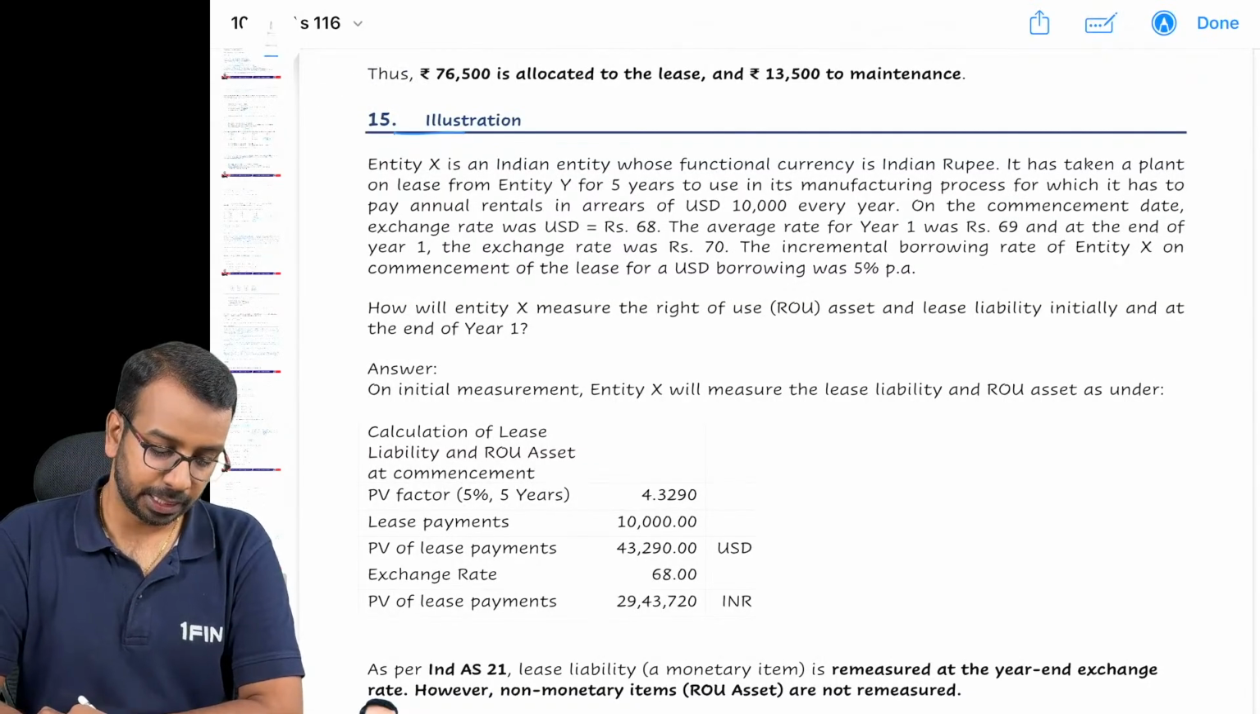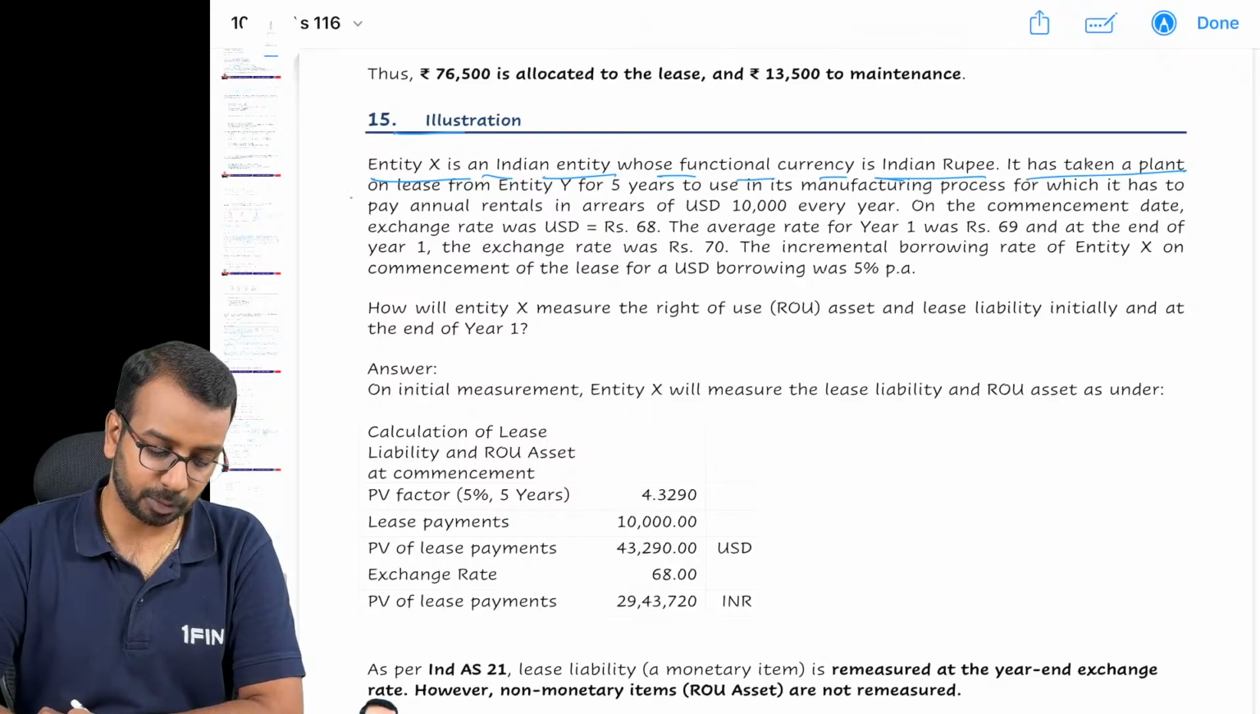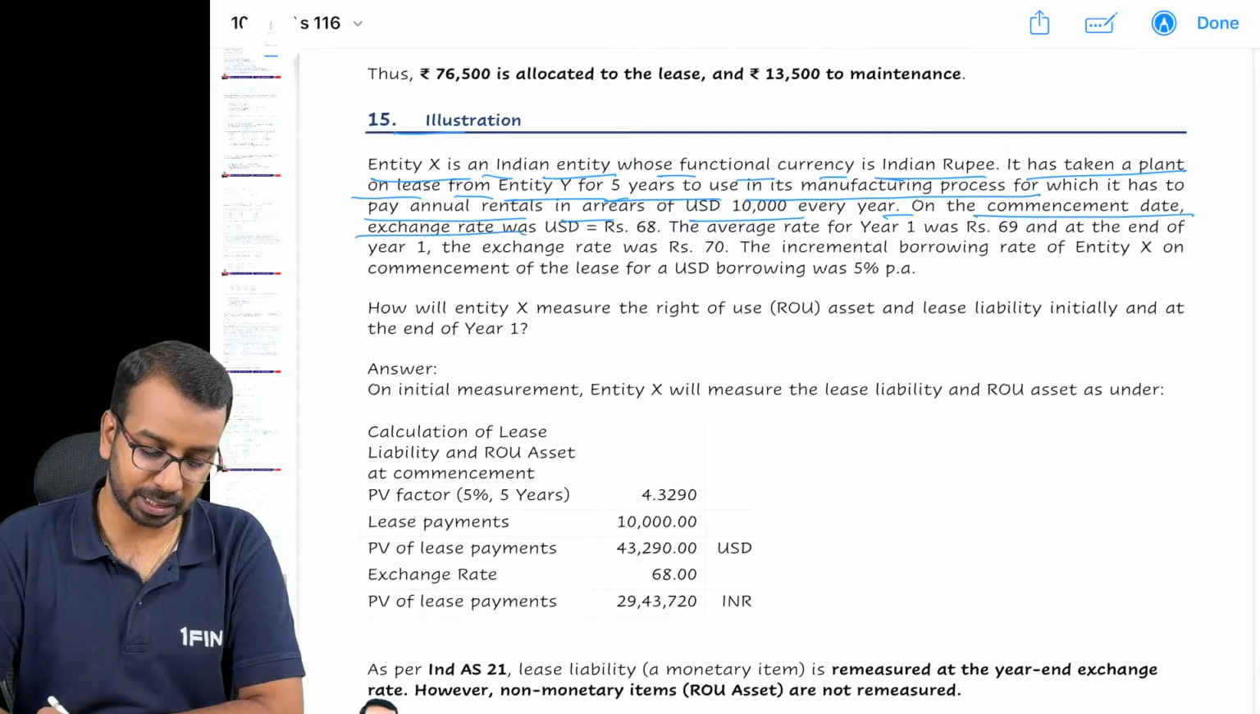Next one. Entity X is an Indian entity whose functional currency is Indian rupee. It has taken a plant on lease from entity Y for 5 years to use in its manufacturing process. It has to pay annual rentals of $10,000 every year. On the commencement date, the exchange rate was 68, the average rate for 1 year was 69, and